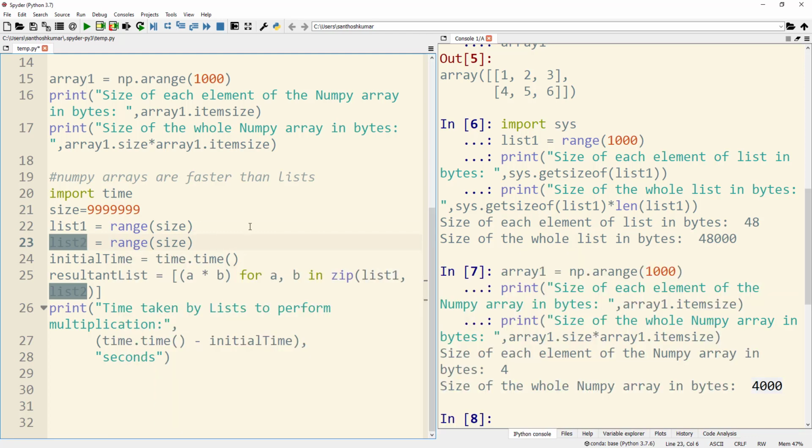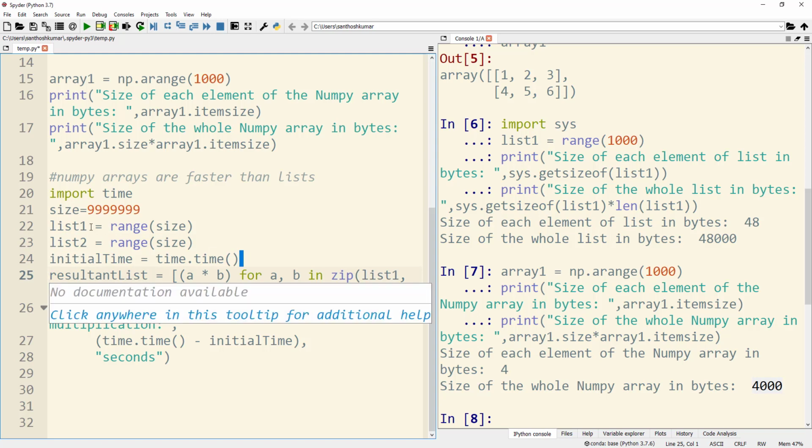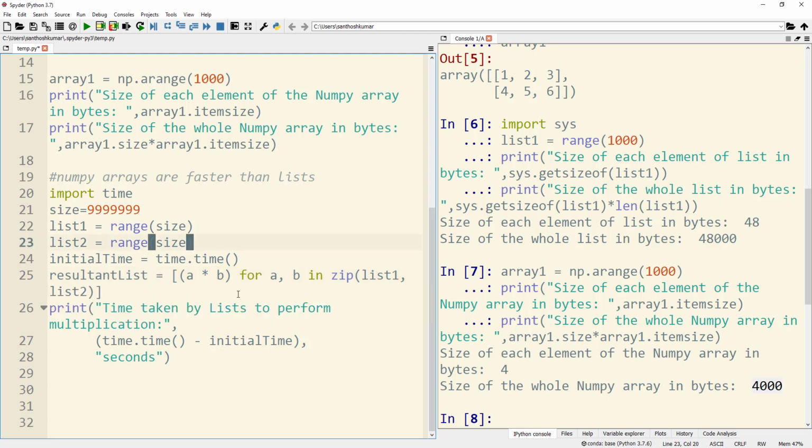So next I am giving time.time to capture the initial time, and in the next line I am using a resultant list, where I am multiplying list1 and list2, and then I am printing the time taken for the multiplication to complete.